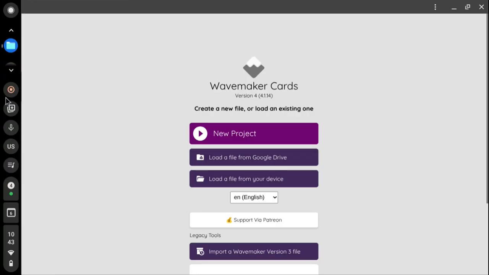Now, at the bottom, you'll see where it says import a file from version 3. If you were using 3 and your documents are in 3, go ahead and move them to 4 while you still can. Now, I can't tell you how to do it because I didn't. I was using 3, but